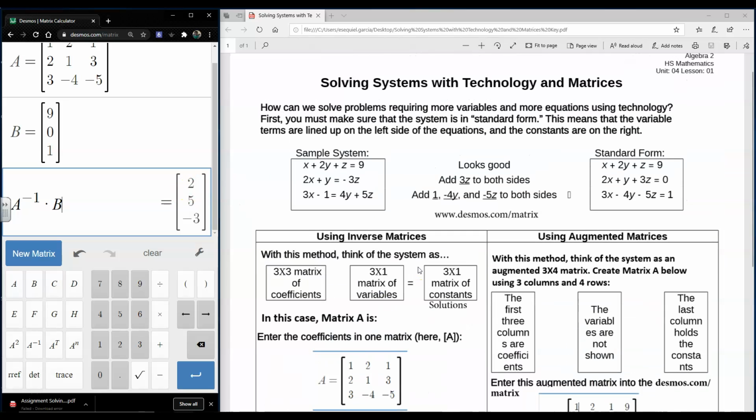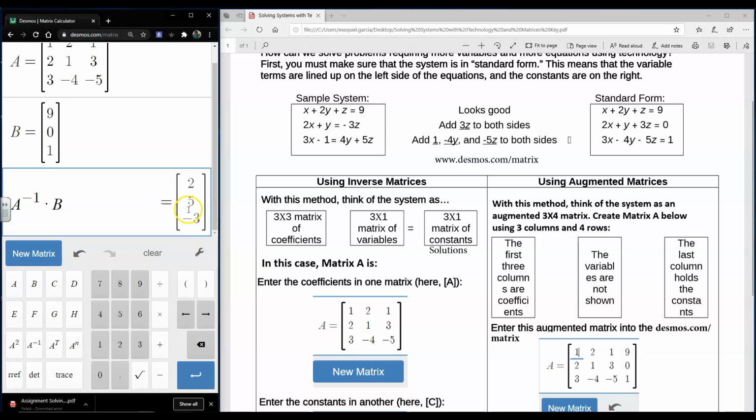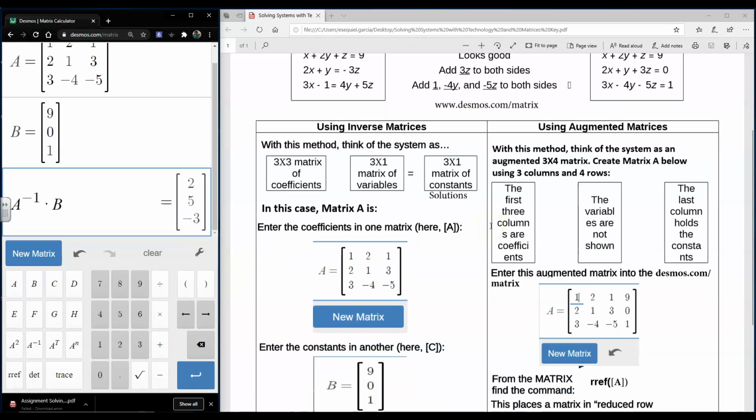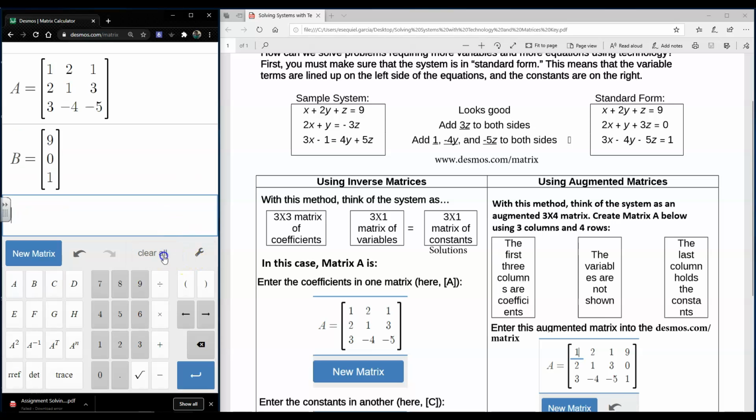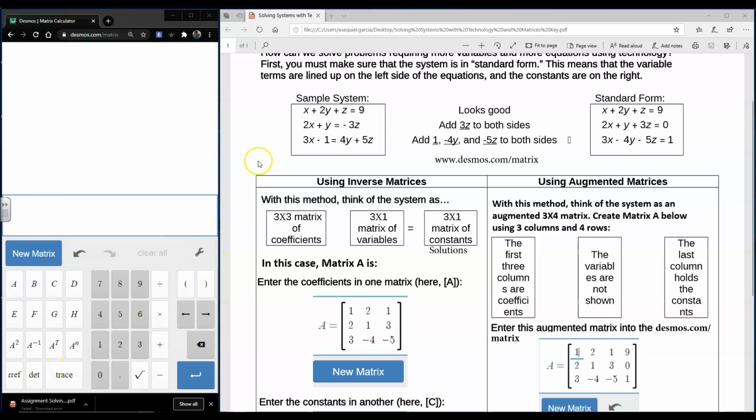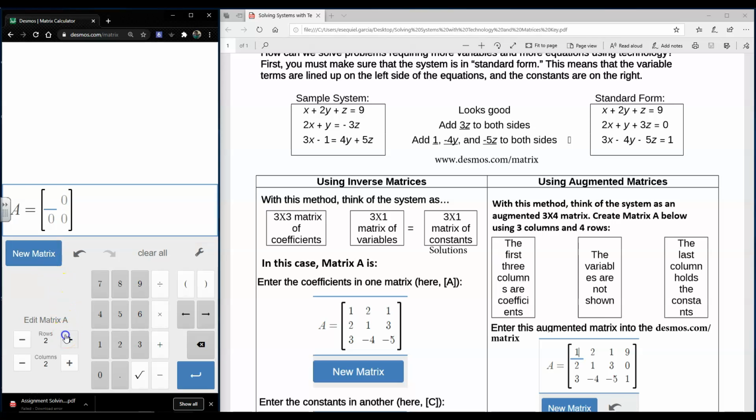Now, I'm going to show you how to solve this using the augmented matrix, which is a little bit different because you're only going to deal with one matrix. You just have to write one matrix into Desmos. So you're going to write matrix A, and do 3 rows and 4 columns. Now you're going to have 1, 2, 1, and then you're going to include what it is equal to. It's 9. Then you have 2, 1, 3, and 0,